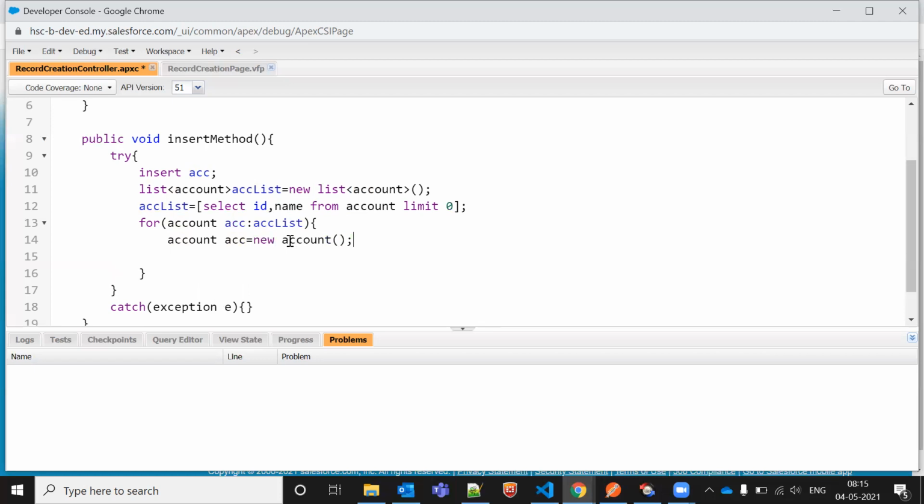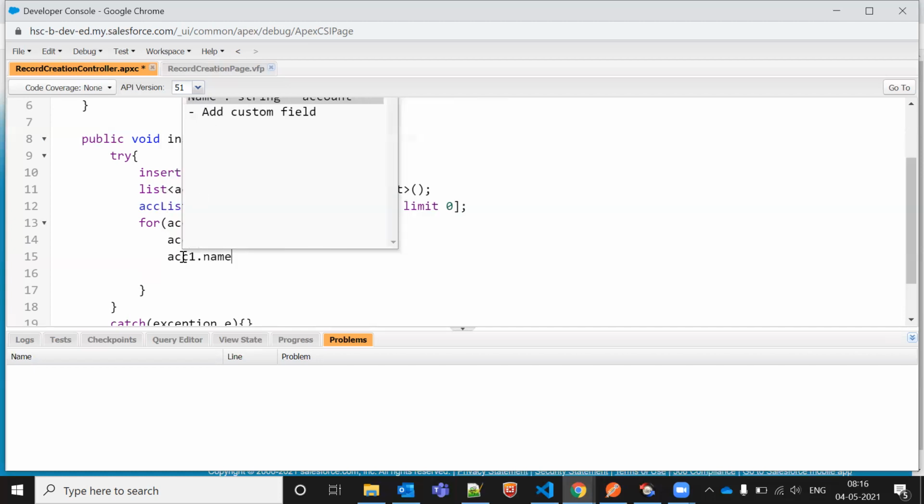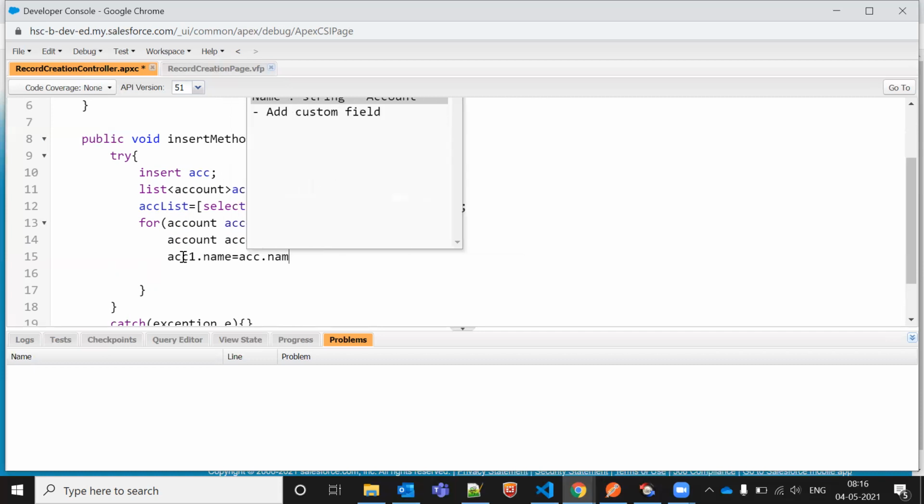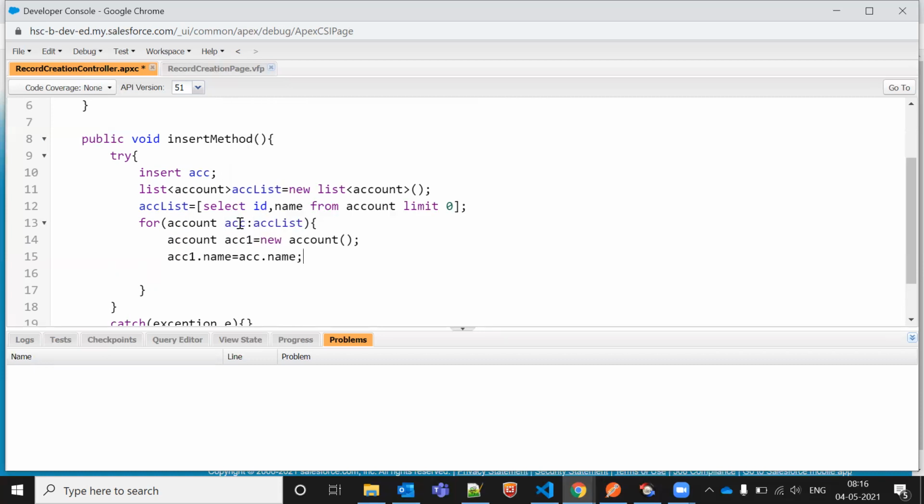Again, we are doing something else. One second. ACC one. I'm saying acc1.name is equal to acc.name. So whatever name I'm getting here, I'm just passing the things here. So whatever acc list, so let me do one thing.